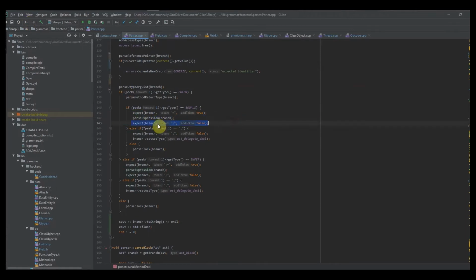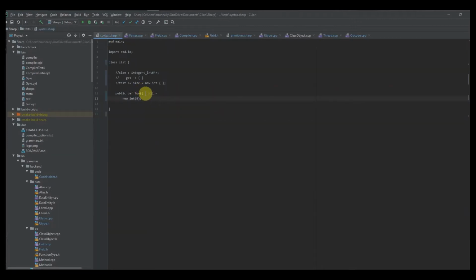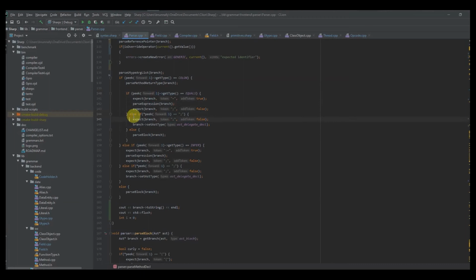After that, you want to expect your semicolon. You do not need to add that. So that's the case where we have like an equal sign. So we have our type, our colon, our type, our equals, and then here's our expression. So after that, the next thing you're going to want to do is check to see if the next token is a semicolon. So we've already processed the situation where we have an equal sign and we process an inline function declaration. Now we're going to process a